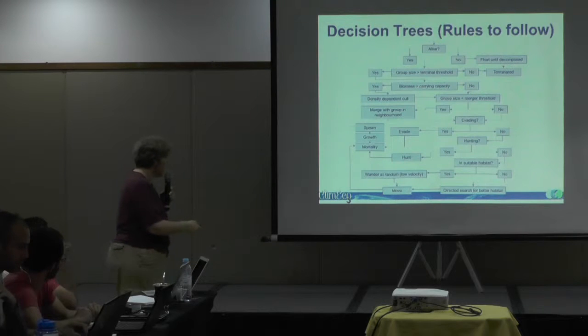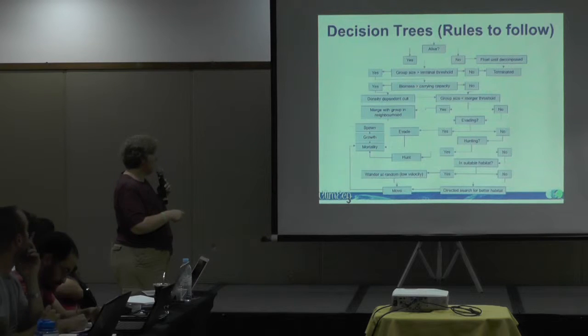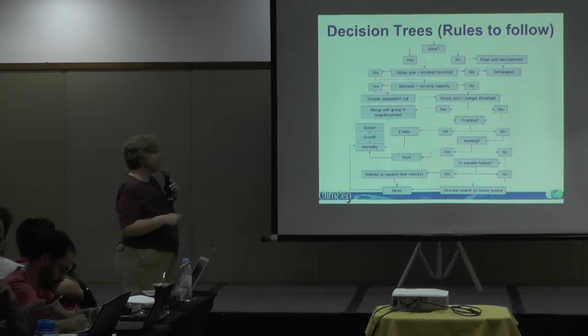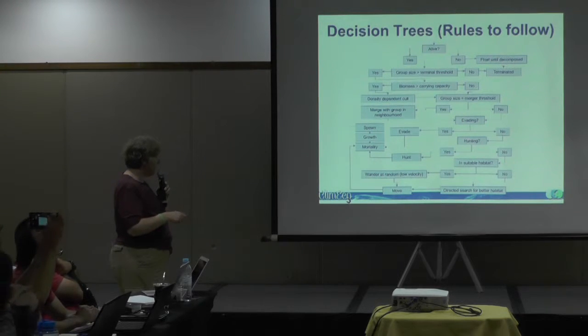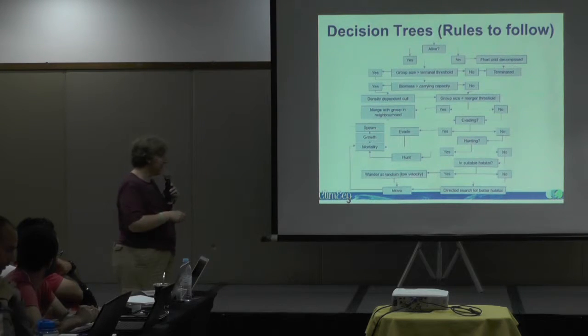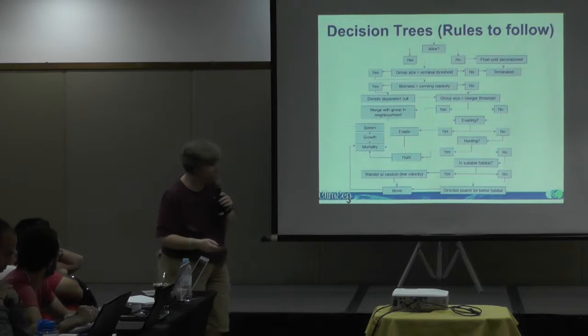So this is actually an example from a fish model. Some of these arrows haven't turned up, it turns out, but pretty much when the agent starts each time step it says, am I alive? If yes, then go off and see how big the group size is, whether I'm about to be eaten, am I running away, am I searching for food myself, am I in a good habitat, do I want to just wander around aimlessly trying to find a better place to live, have I got a partner, should I be dying or growing or spawning. If I'm dead, I need to decompose. So there are some simple rules that it actually follows.